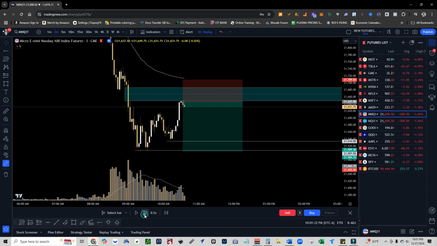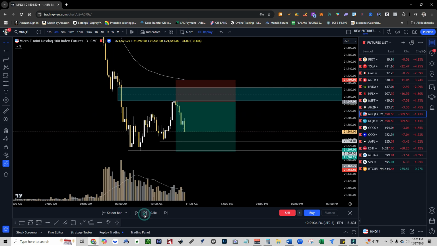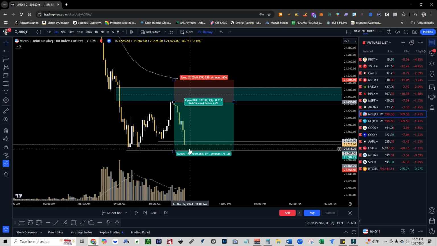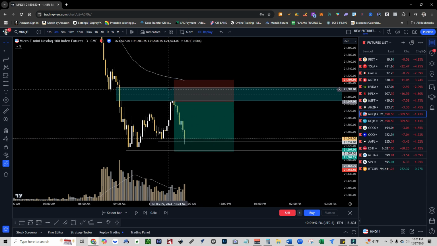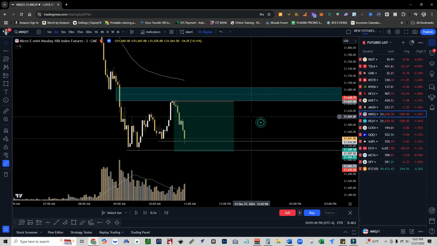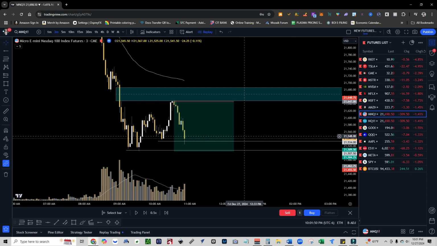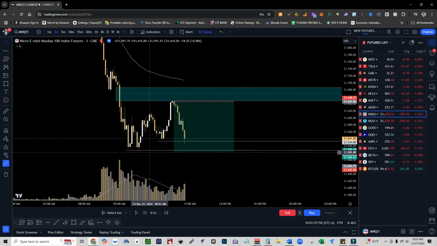There we go. So we tapped it there. Now we're coming down. Everything's looking good. Coming down to that take profit one. Boom, we smashed it. So now you're in here. You hit your first TP. So go ahead and move your stop to break even. So now you have no risk on it. You took some profit off the table, and then you're going to hold until hopefully we get these two.